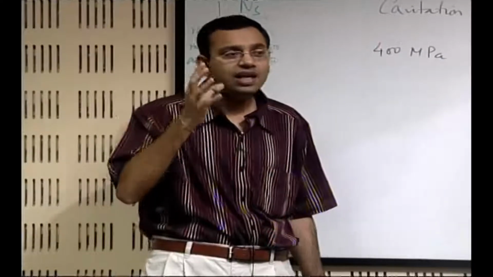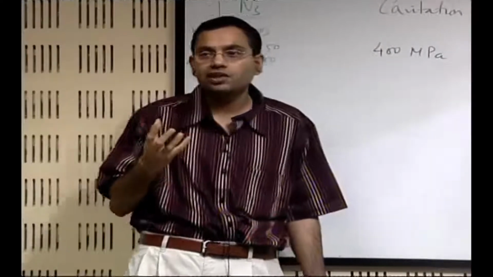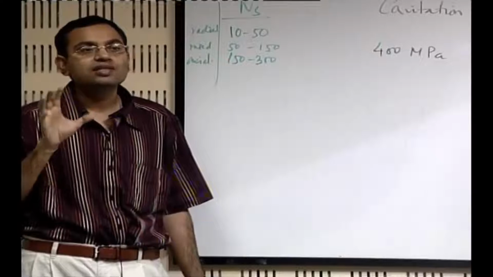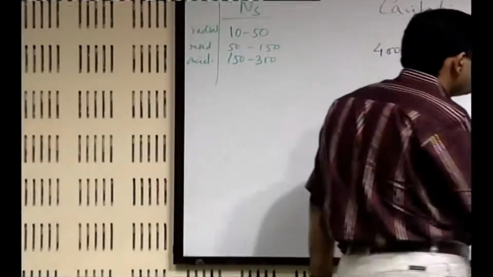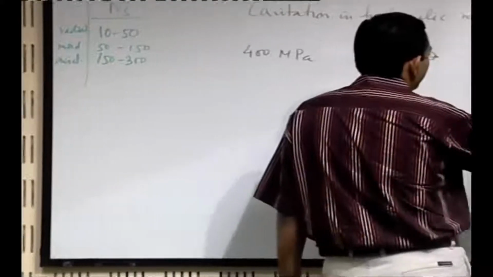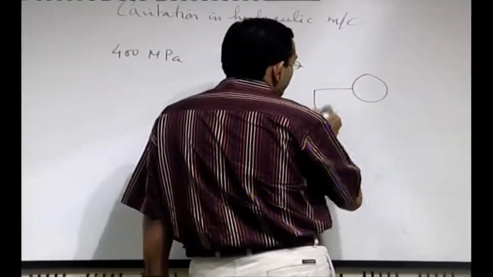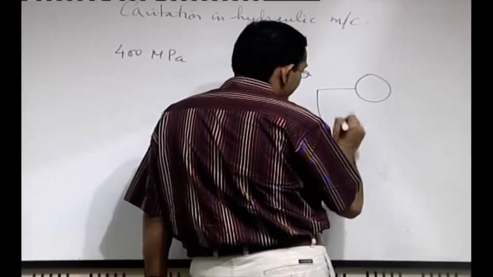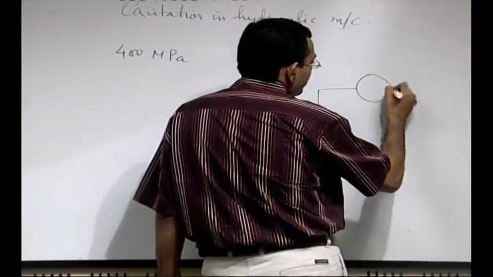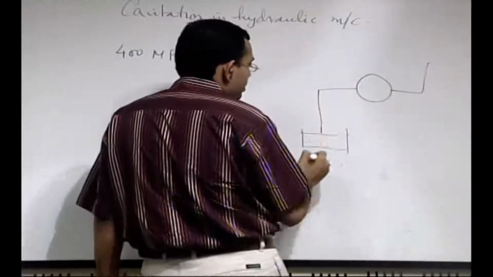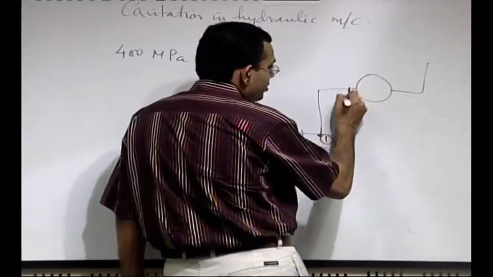So, we have to see what portions of the devices or machines are prone to such very low pressures. Let us take an example of a centrifugal pump. Let us say that this is the schematic of the suction side. We are not going into the other side, but let us just concentrate on the suction side. So, this is 1 and let us say this is the point S.